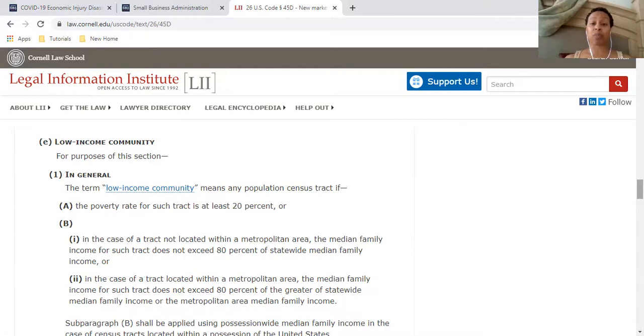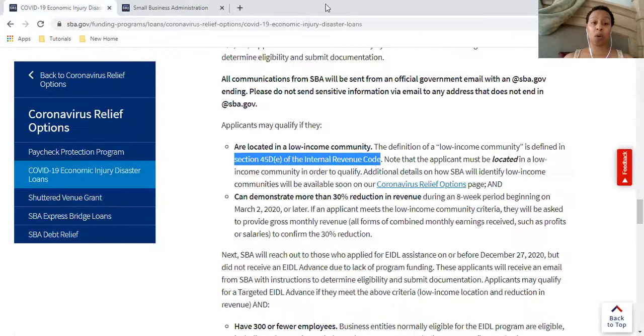generally have low incomes, right? Because of course, all of this is drawn from the census. So the census takes into account population size as well as income, household income. So now that we know what a low income community or area is, we are going to go to